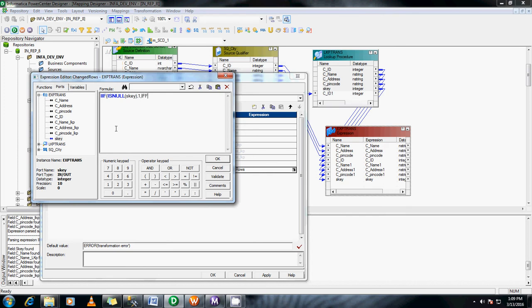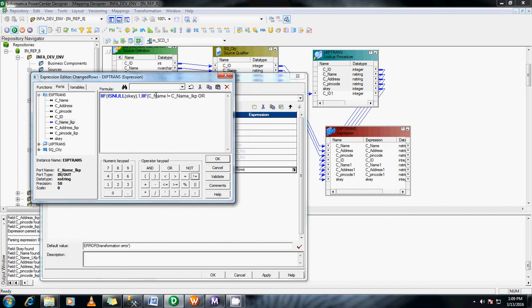Else if c.name is not equal to c.name lookup, what I'm doing is checking the condition here: if the S key is not there, that is, if S key is null, then the record would be an insert, a new record.